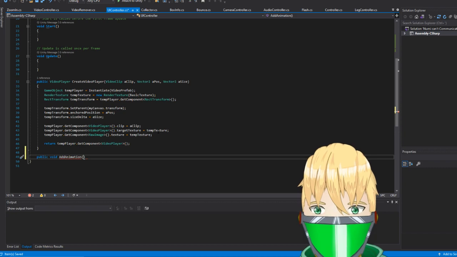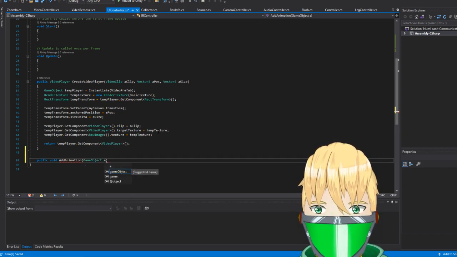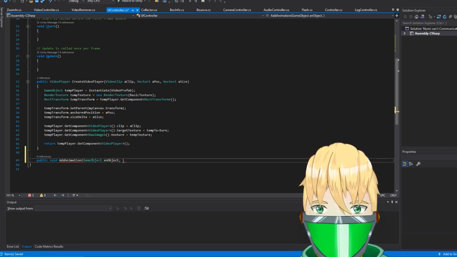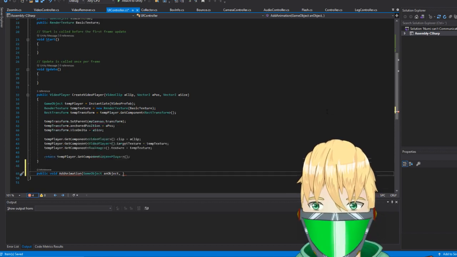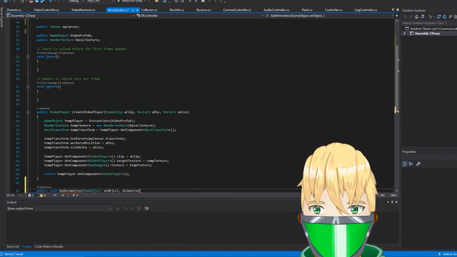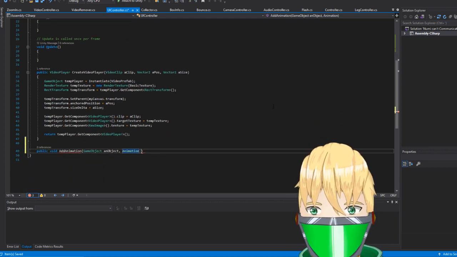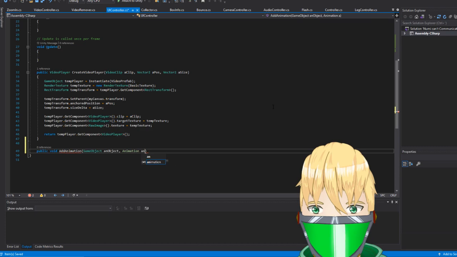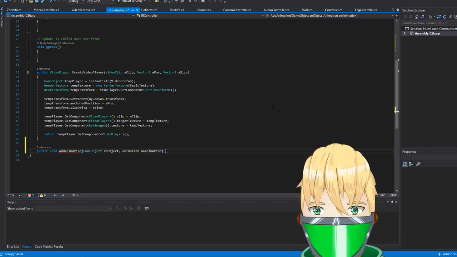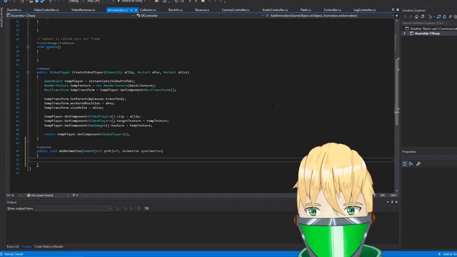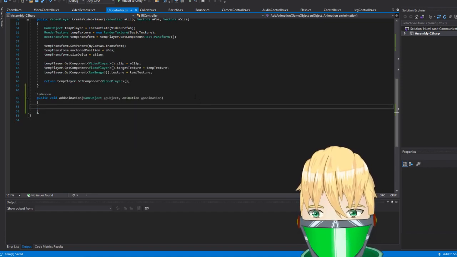And this will take a game object, an object, as well as an animation. And we will use that to our advantage.